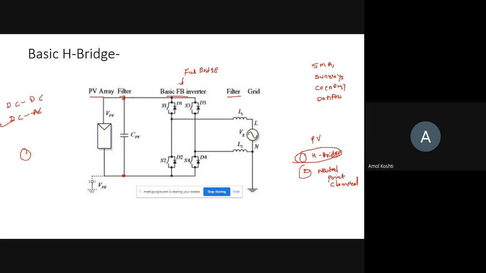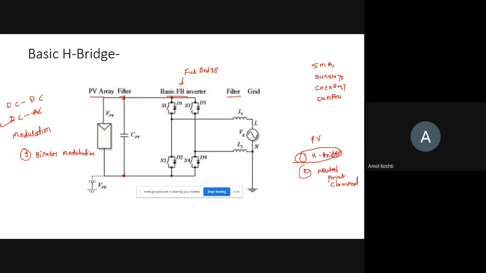Driving means we have to turn on the switches and produce the output. When we turn on the switches, we are giving some pulses to them, and then we produce this output. This technique we refer to as a modulation technique. Modulation means we produce the pulse and modulate it to produce the output. So first is the bipolar modulation,